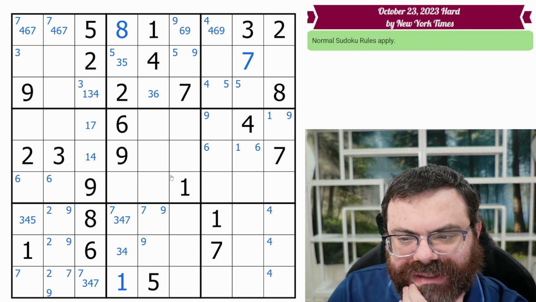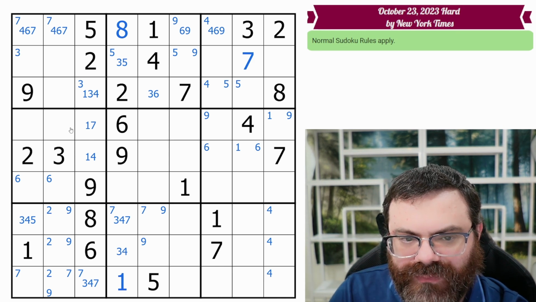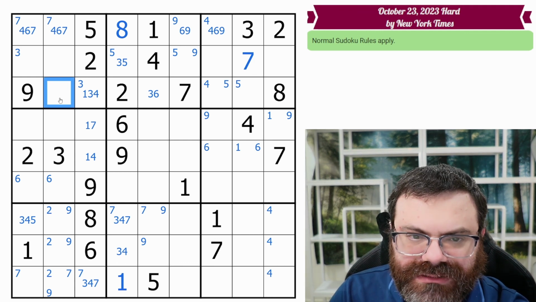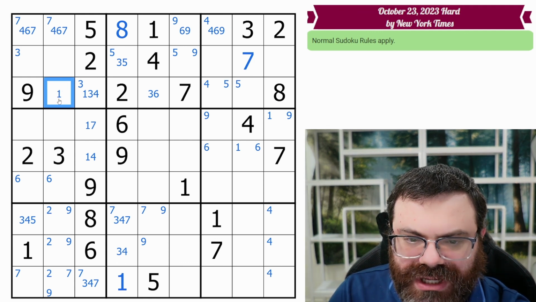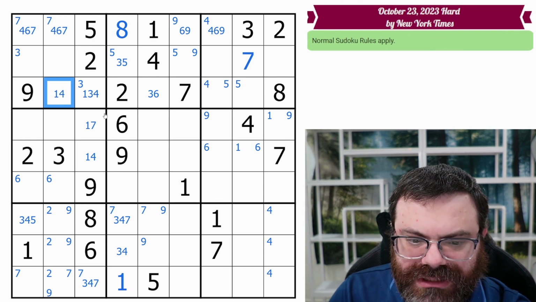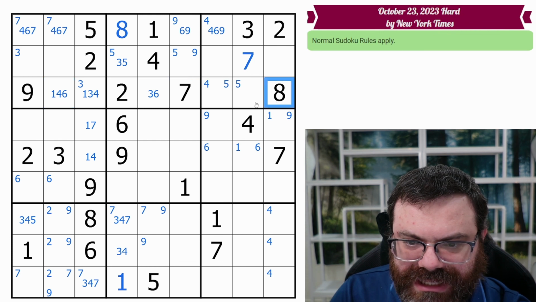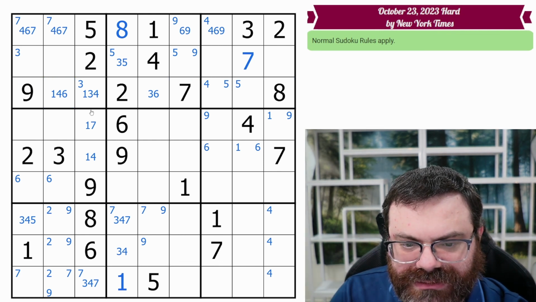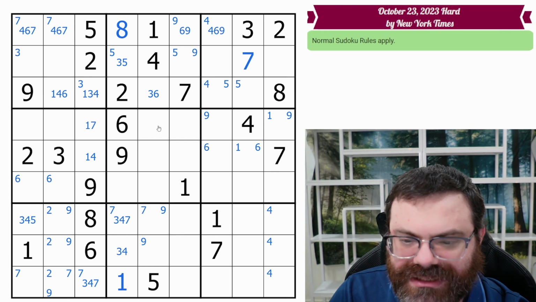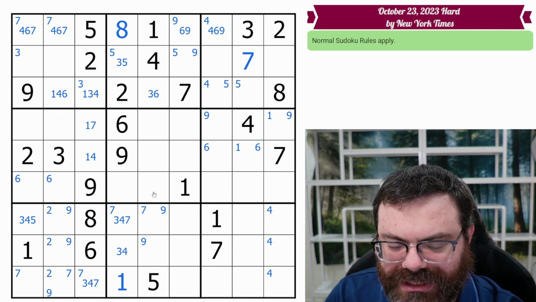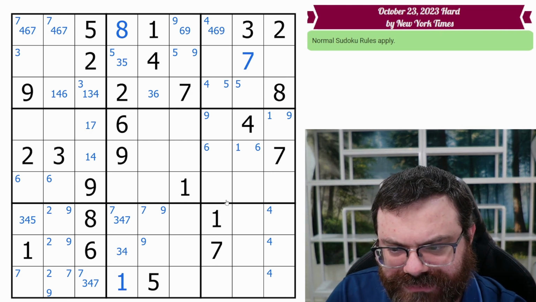What else can I target here? I want to think about this cell. It can be 1. It can't be 2, 3. I think it could be 4. 5, no, it sees the 5 there. I think it could be 6. It can't be 7, or that's 7 even. It can't be 8, 9. Okay, 1, 4, 6. None of these are matching up today. This has been a strange puzzle, actually. I'm not sure I could have approached it differently, but